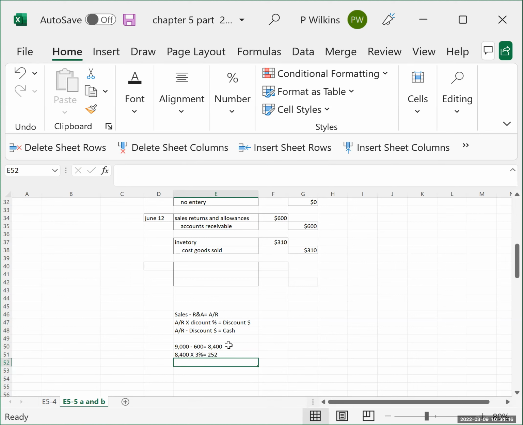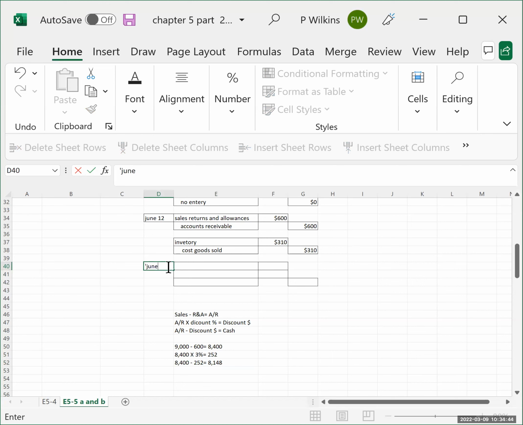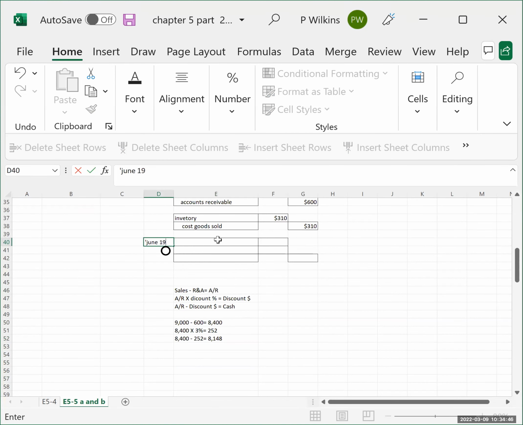Same numbers as before, but just different titles in the formula, right? We're then going to take the accounts receivable number of $8,400, and subtract the $252 discount dollar amount, and that's going to give us the cash amount that we are going to be paid from the customer, $8,148. So, as the seller, let's put the date, June 19th. As the seller, we're being paid. So what are we getting? We're getting cash. And the cash amount that we're getting is